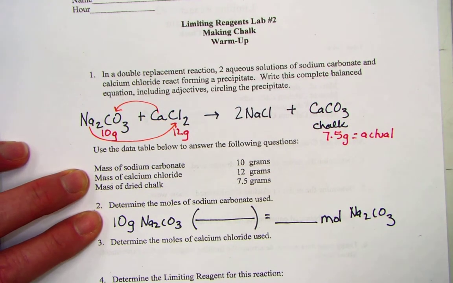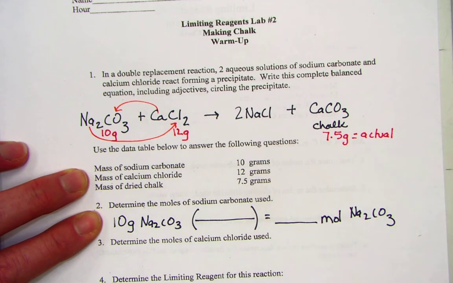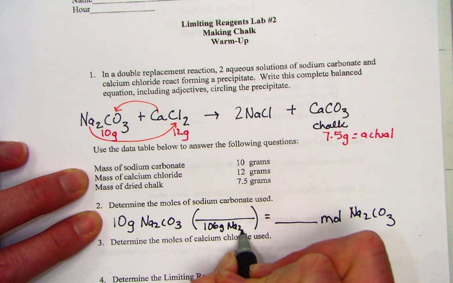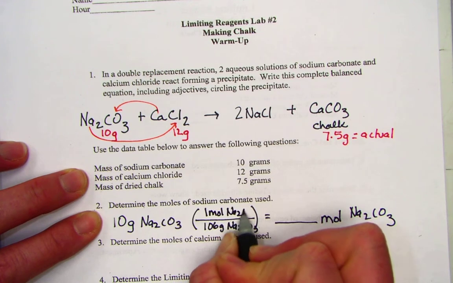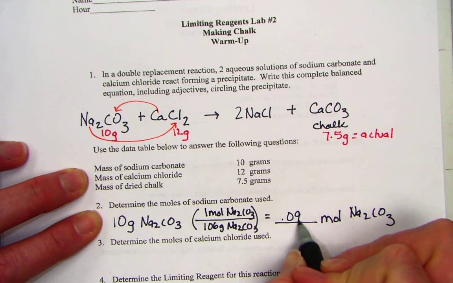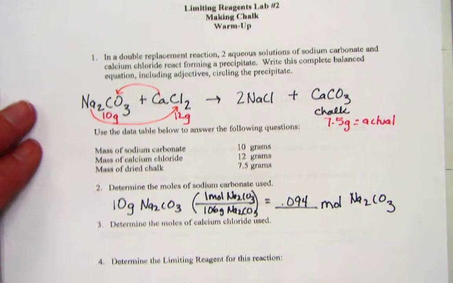We'll need a molar mass for our sodium carbonate, so sodium at 23 apiece, there's 2 of them, plus 12 on the carbon, and 16 times 3 for the oxygen. I found the molar mass to be 106 grams of Na2CO3 for every 1 mole of Na2CO3. 10 divided by that molar mass gives us 0.094 moles of sodium carbonate. Let's do the same